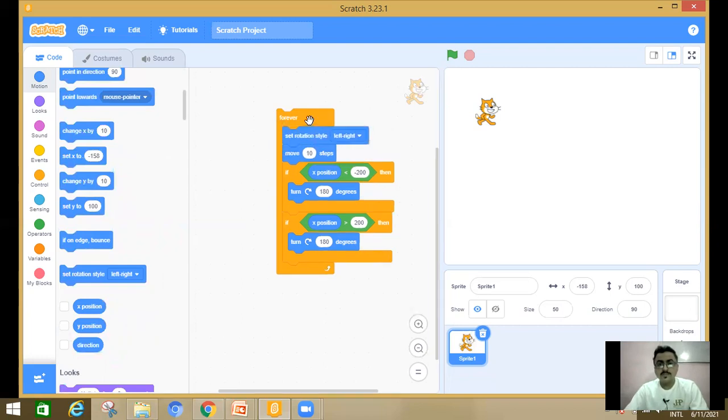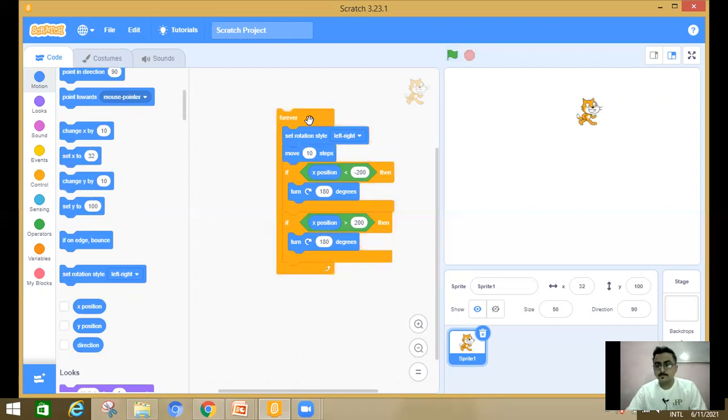Now you will see the exact program which we want. Moving towards, now my cat is turned safely in left hand direction, and it will happen forever until you stop it forcefully.